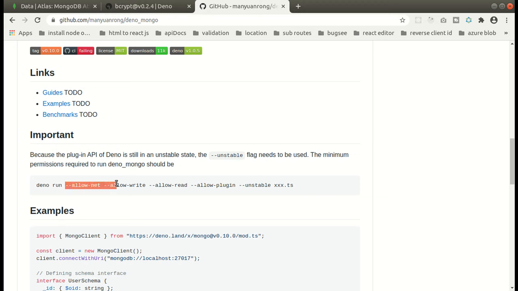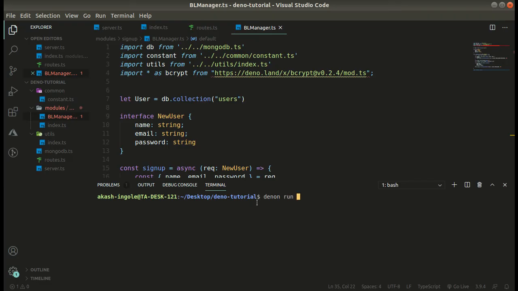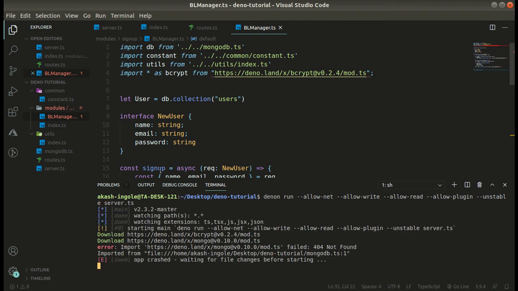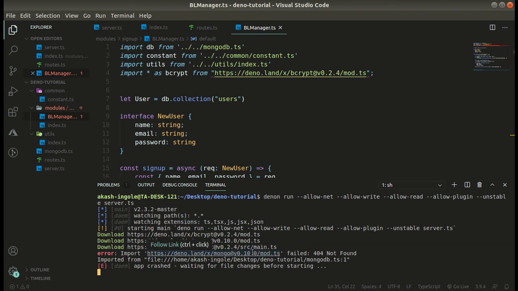Because I will be using Denon, Denon run server.ts. So let's try running this. The file crashed and it is saying 404 not found.